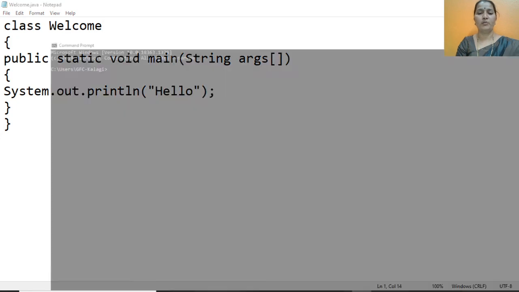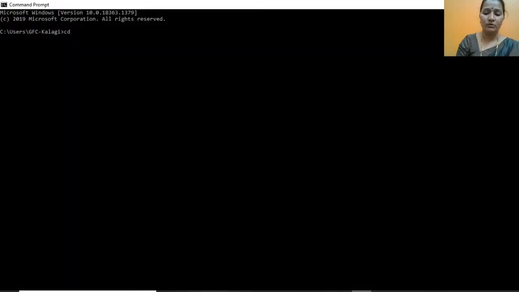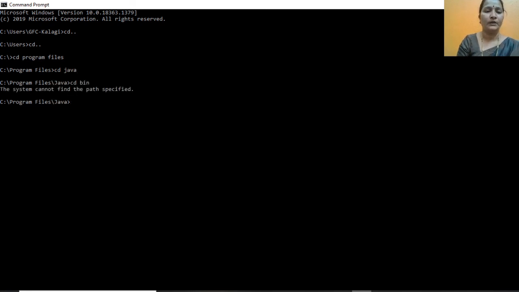Now go to command prompt, then you have to cd .. and cd .., write the same path: program files, cd Java, cd JDK 10 and cd bin, and compile the Java program by giving javac.